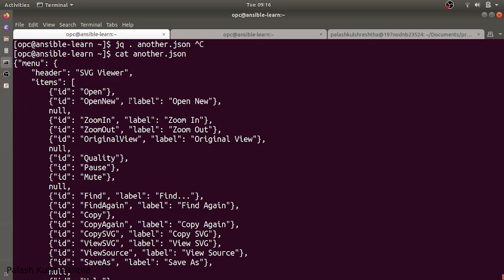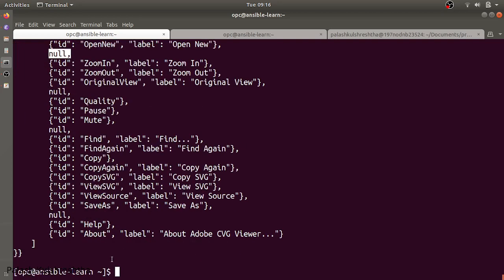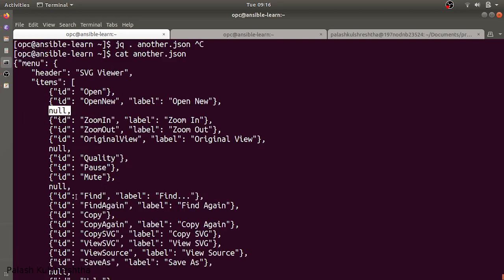Another object also has a label key value pair, label and open new, and another object is null. Null is also allowed, but it depends on whether you are handling null properly in your code. Null basically means no value or no object. And similarly we can see that this is the structure of our object.